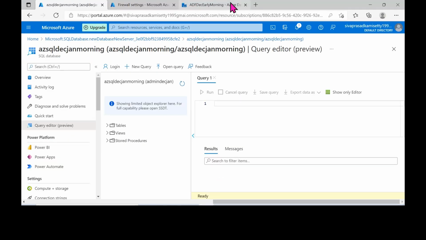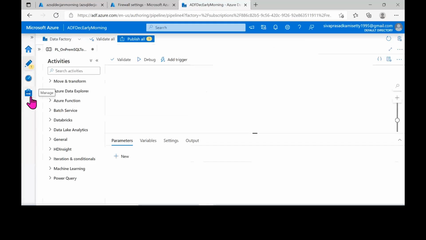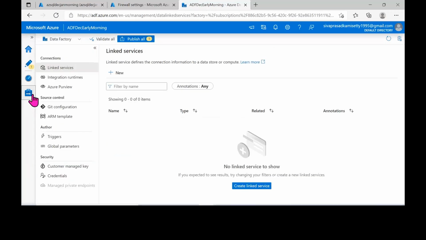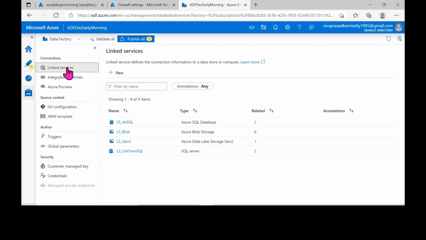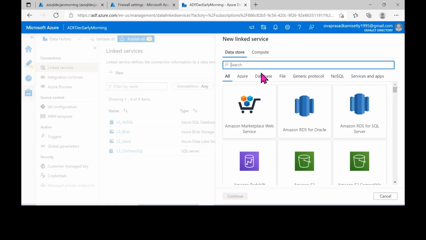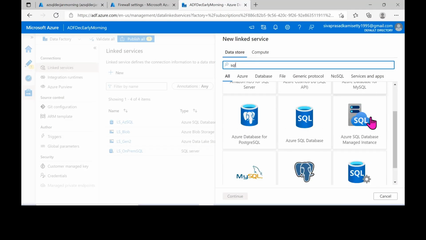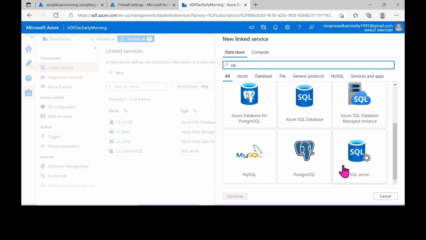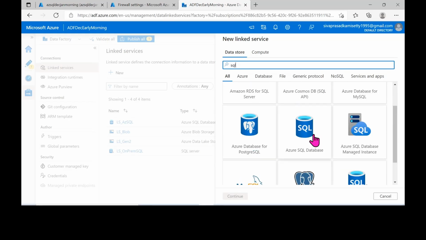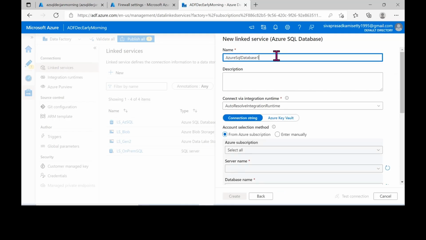Okay. All right. So let me go here, and initially I want to create a linked service. Okay. Let me create a linked service. New. So what is the Azure SQL symbol? This is for on-premise and this is for Azure SQL database. Okay. Just click on this particular Azure SQL database. Specify some name, ls underscore